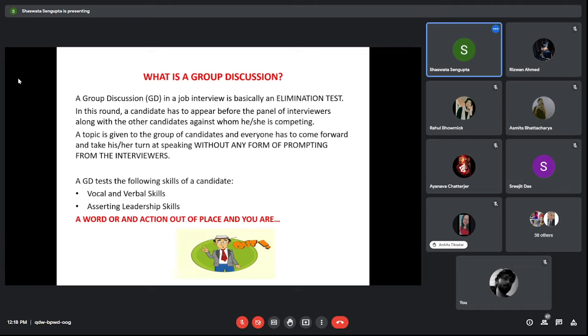Now leaders, those people whom we regard as leaders, are people who have a controlled sense of aggression. In order to be a leader, you have to have very good convincing skills. You have to have those skills which will convince people to agree with your point of view. So basically, that is also something